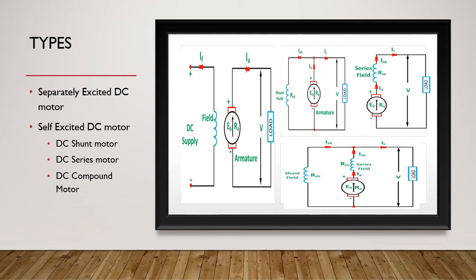So here in a motor the direction will be like this, but in a generator it will be opposite since it is electrical output. So by the direction you have to find whether the circuit is a motor or a generator. And now, in a series motor, the field windings are in series with the armature.